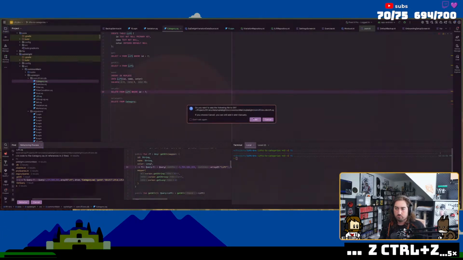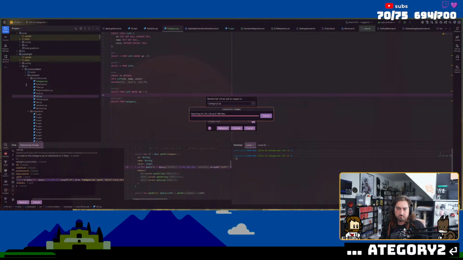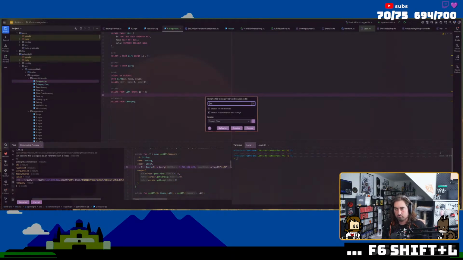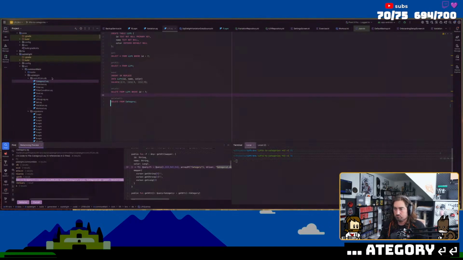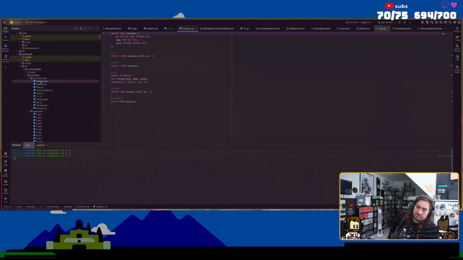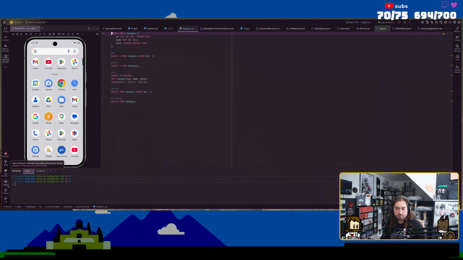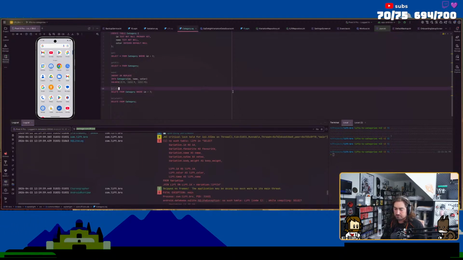Nah. That should work now. So we have categories being categories and lists being lists, and right, so now this is going to run into an issue because